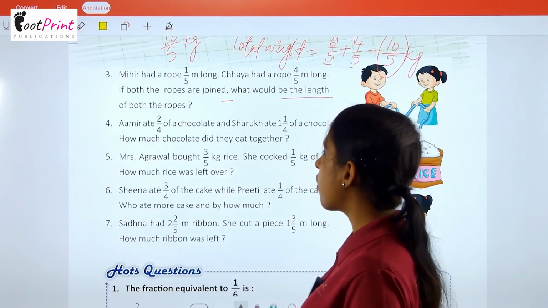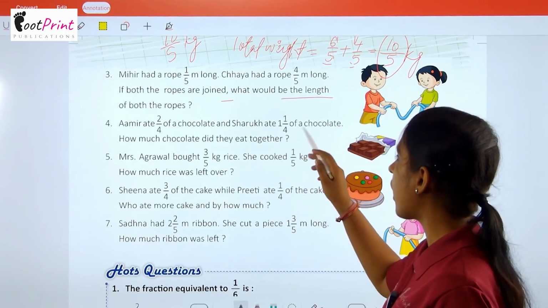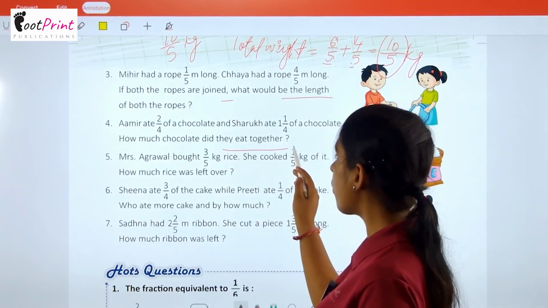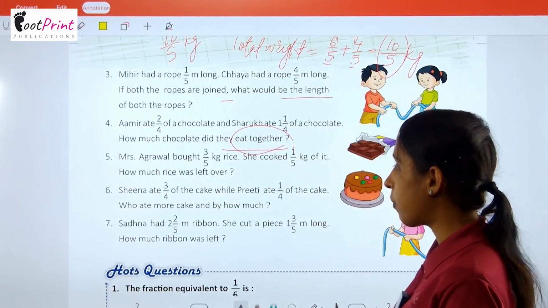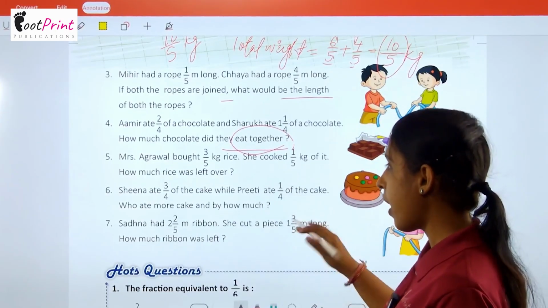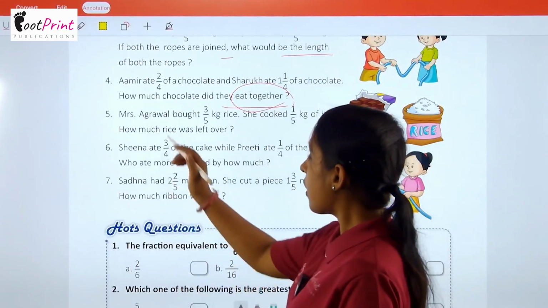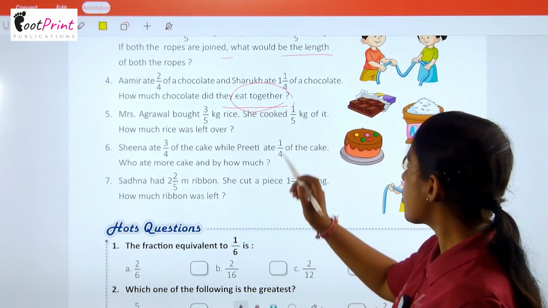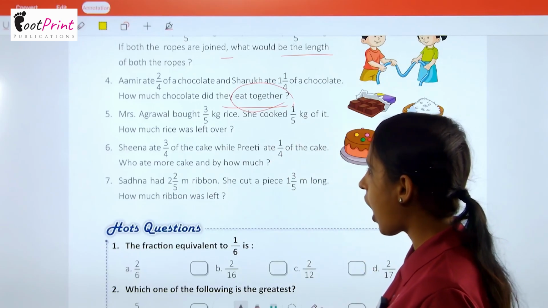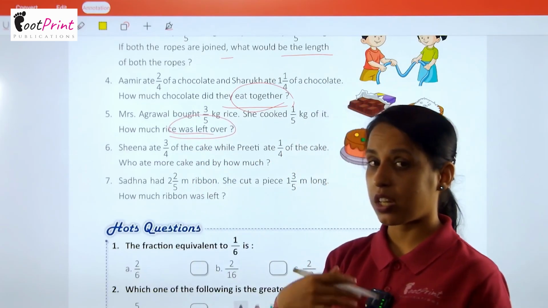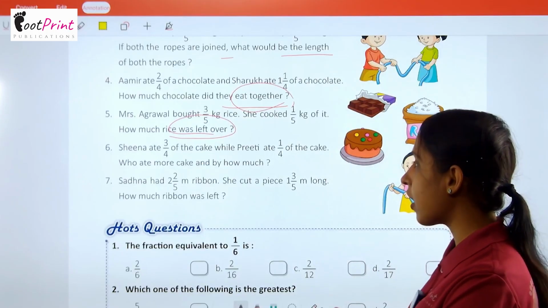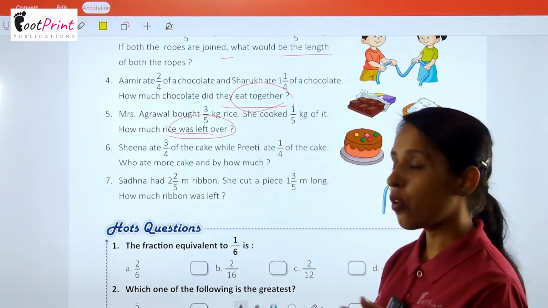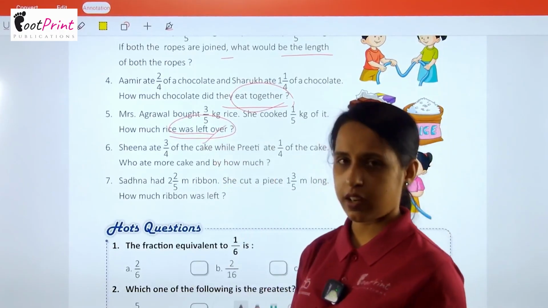आगे Amir ate 2/4 of a chocolate and Shahrukh ate 1/4 of the chocolate. How much chocolate did they eat together? अब यहाँ पे पूछा eat together, it means दोनों ने साथ में कितनी खाई है, तो हम add करेंगे। Mrs. Agarwal bought 3/5 kg of rice. She cooked 1/5 kg of it. How much rice was left? यहाँ पर पूछा कितने बचे, तो हम वो कैसे बता सकते हैं, जो हमें total दिया है उसमें से उसने जितना use किया है, cook किया है, उसको minus कर देंगे तो हमें पता चलेगा अब कितने rice बचे हैं।